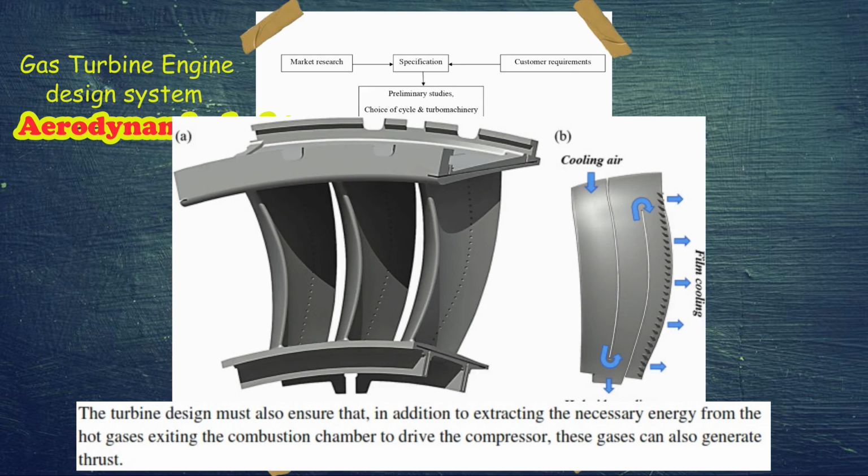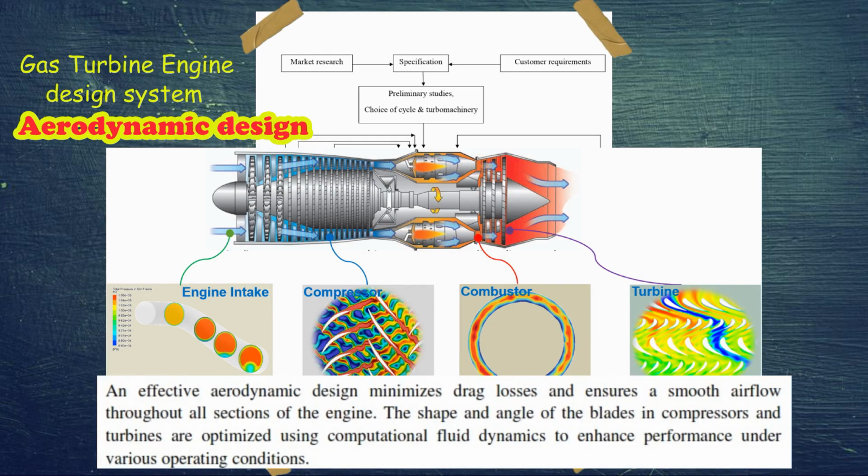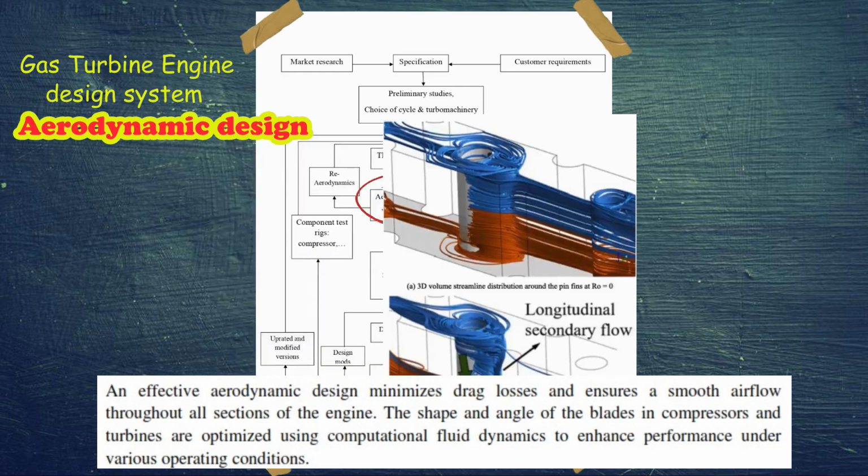The turbine design must also ensure that, in addition to extracting the necessary energy from the hot gases exiting the combustion chamber to drive the compressor, these gases can also generate thrust. An effective aerodynamic design minimizes the drag losses and ensures a smooth airflow through all sections of the engine. The shape and angle of the blades in compressors and turbines are optimized using computational fluid dynamics to enhance performance